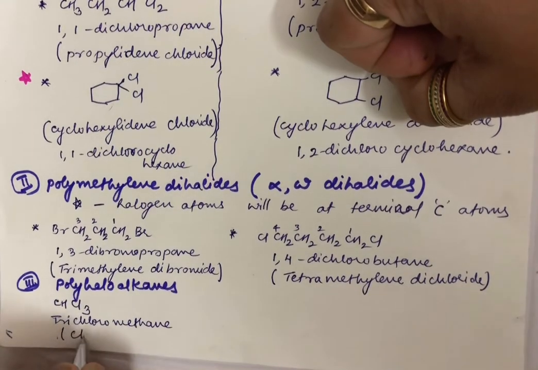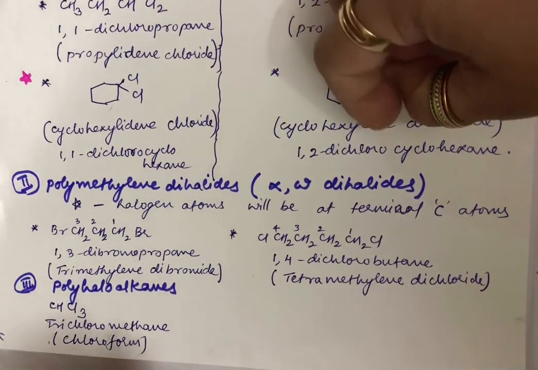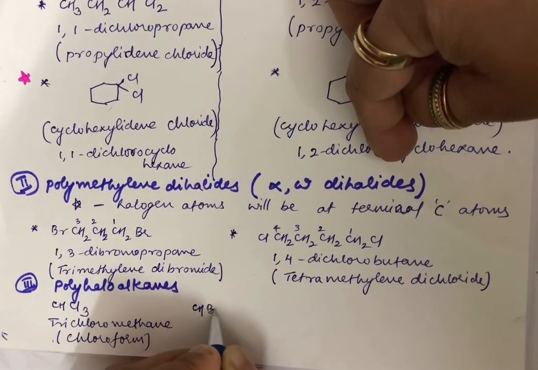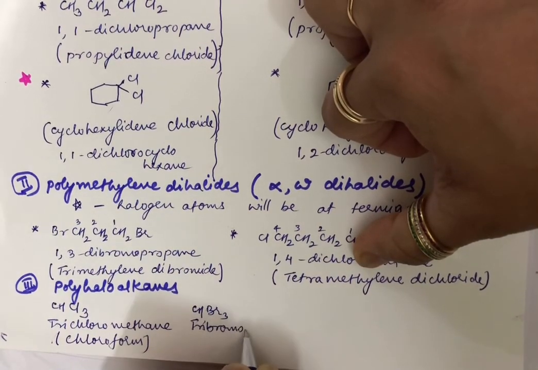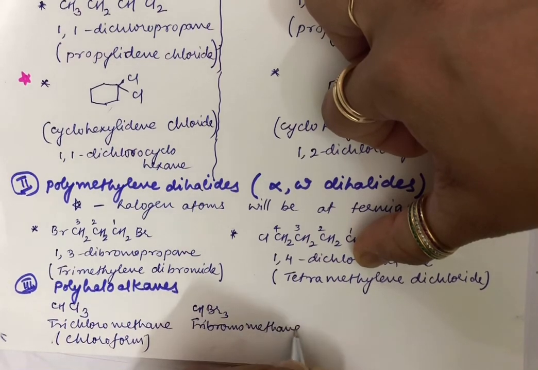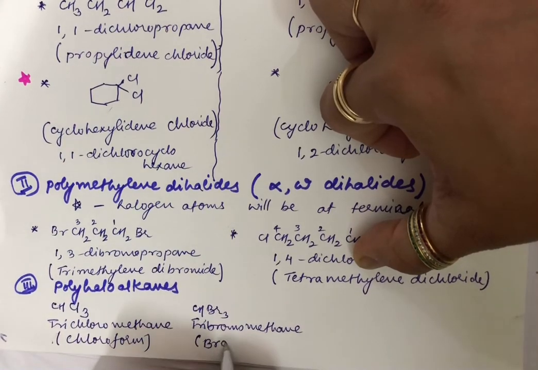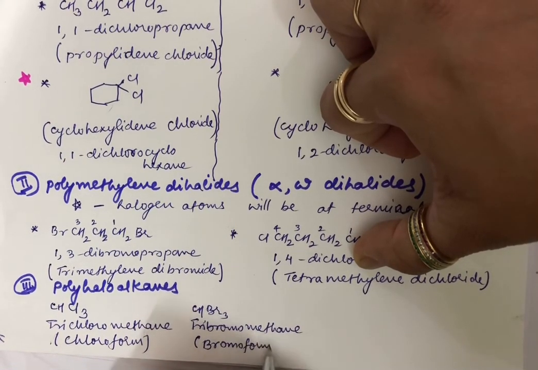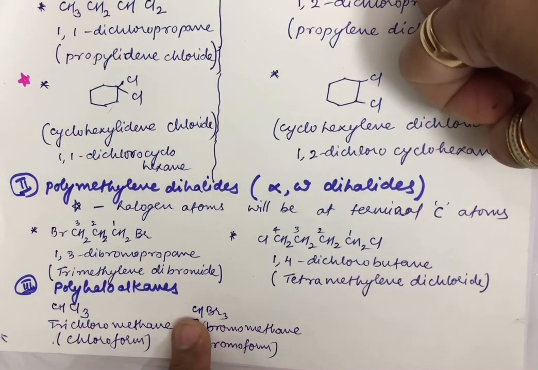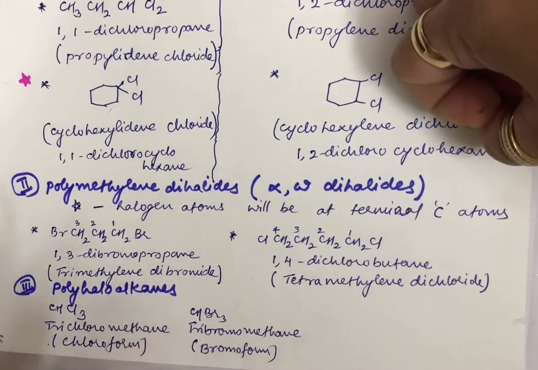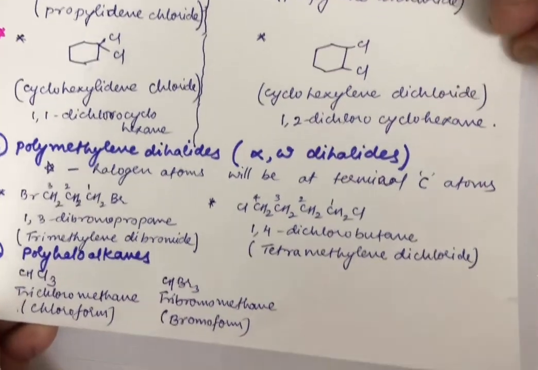How do you name it commonly? It is nothing but your chloroform. You must have heard about this. Suppose you have CHBr3, then it would be the same way, students. It would be tribromomethane in your IUPAC naming. And how do you name this? It is bromoform. As this is chloroform, you have bromoform. And if in place of Br you have I, you write it as triiodomethane or iodoform. Or if you have CCl4, then you call it carbon tetrachloride.